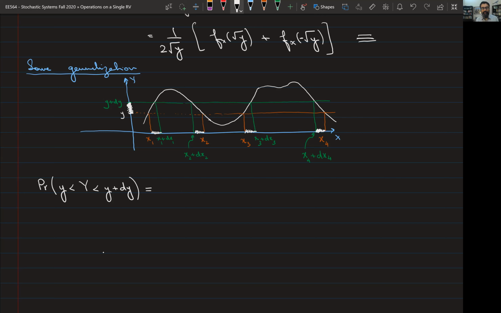So when capital X is in either one of these four intervals, that would mean that capital Y is in this interval here, right? And if capital Y is in this interval here, that would mean that capital X is in either one of those four intervals. So there's a one-on-one mapping between these events, right? So I can say, therefore, that this is the probability that